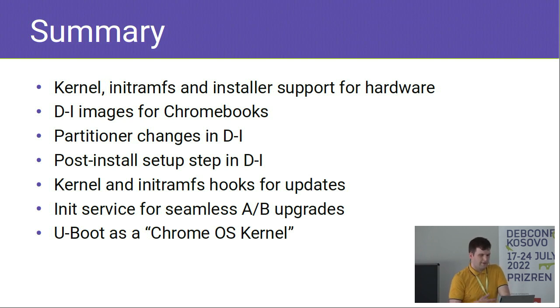And after we have installed, we need kernel and initramfs hooks for updates that will keep the bootloader parts in sync with the updated kernel and initramfs files. We need an init service for the seamless AB upgrade support to make the system more resilient. And we can actually use U-Boot as a Chrome OS kernel to make things really easy, which I think solves